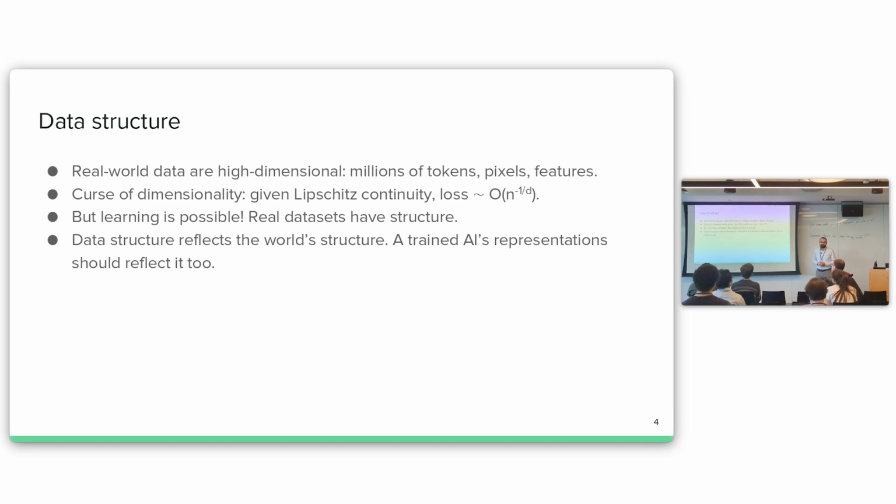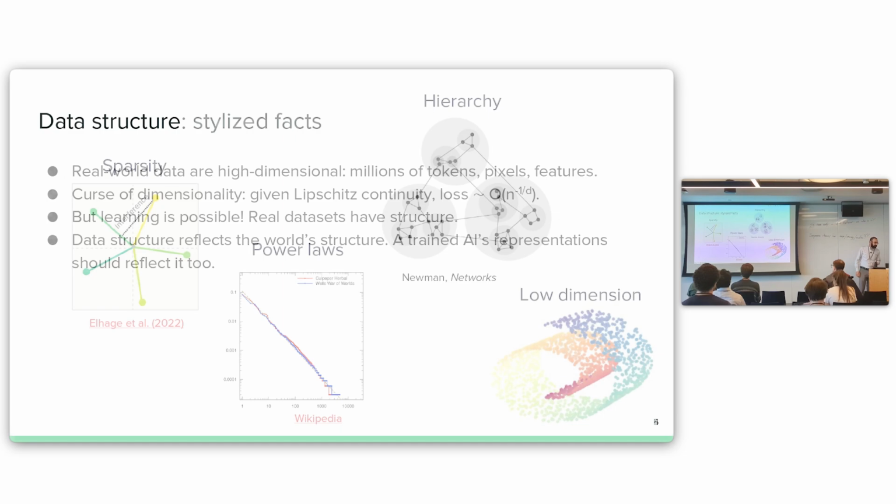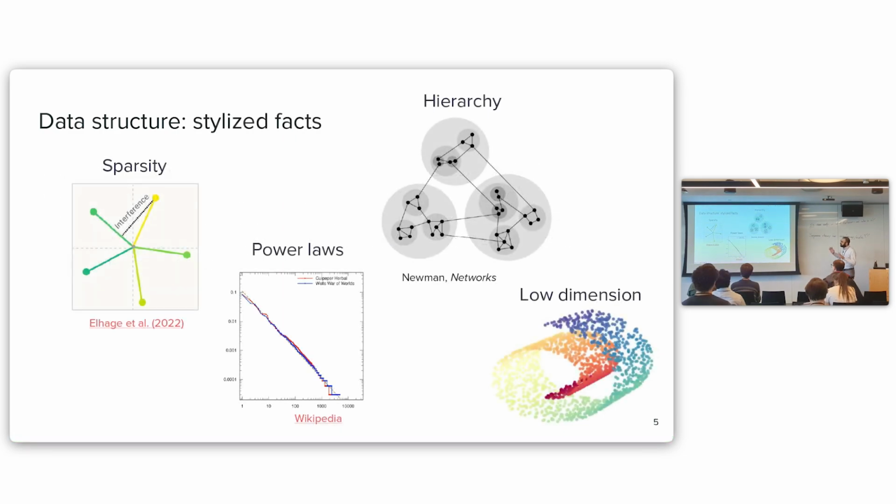But of course that's not true, but this is a central mystery in machine learning, and the answer that we think explains this, why is learning possible, is that real data sets have some structure to them that make them possible to efficiently learn. And the structure in data reflects structure in the world. And in turn, if we train an AI system to predict the data well, its internal representations should reflect the structure too. So I'll say a few words about what kinds of structures that people think exist in data sets, and how and where the structure acts.